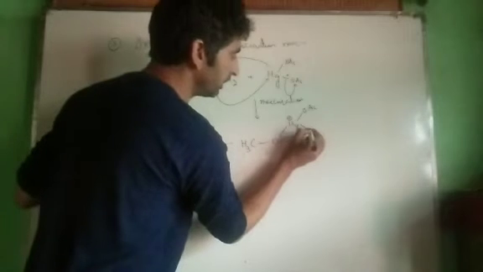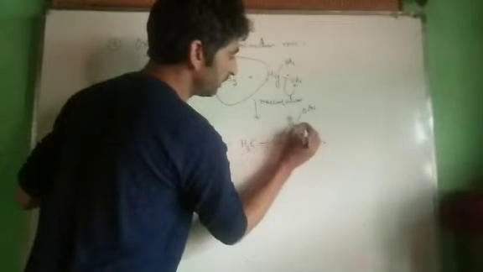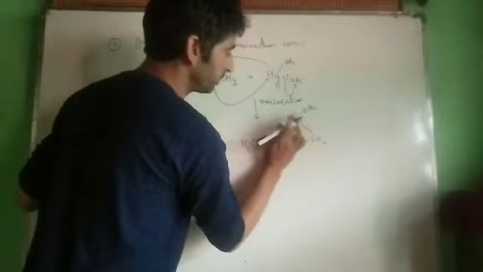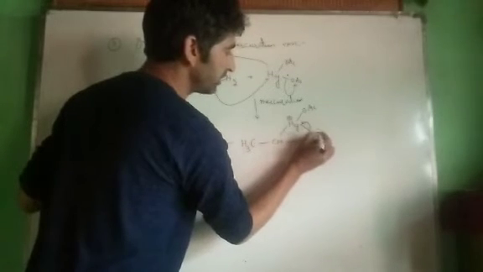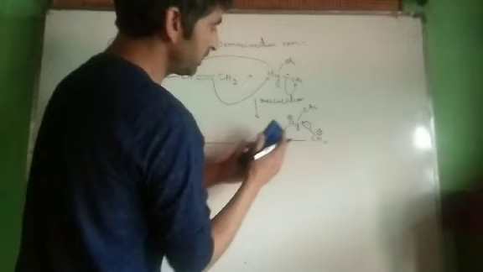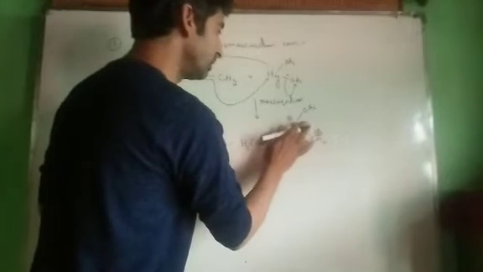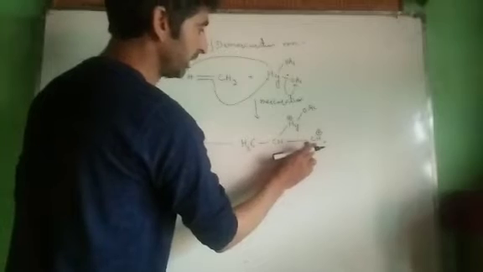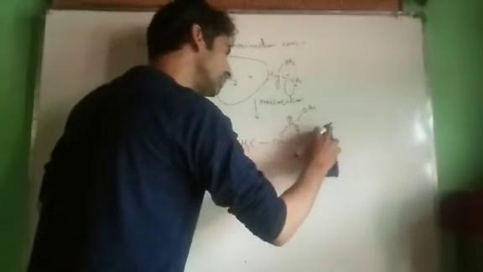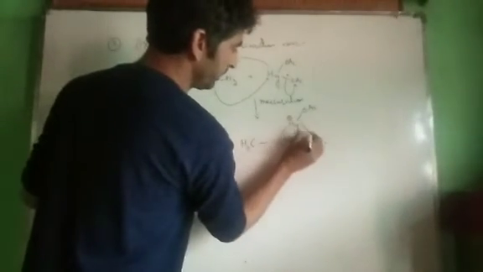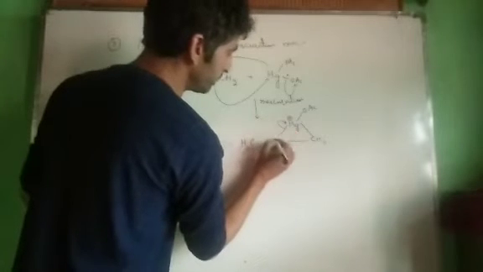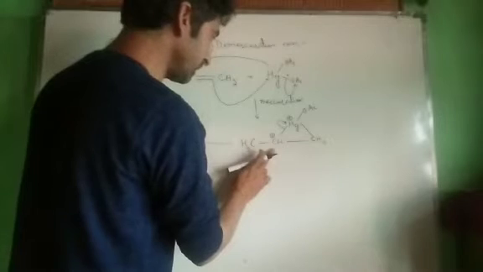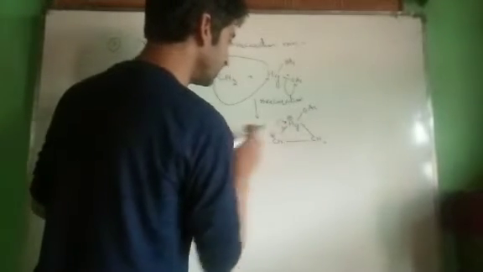If I break this bond, it will break towards this positive charge, and I will get a positive charge on this carbon atom. Now see, I have broken this bond towards mercury, and the positive charge comes over here. It's a primary carbocation. Now if I break this other bond, a positive charge is created over here. This is a secondary carbocation. The secondary carbocation is more stable. Hence this bond is to be broken.